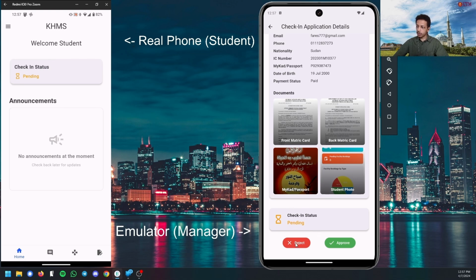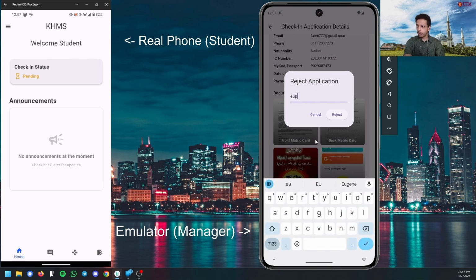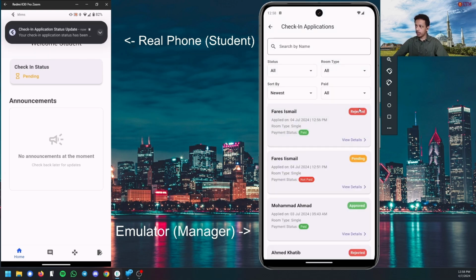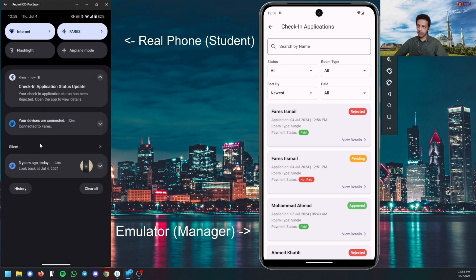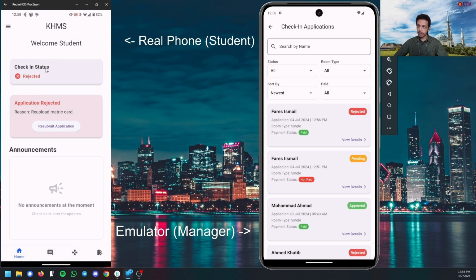So we have two options to reject. If we reject, for example here, re-upload Matric card and click on reject. The application will be rejected here, and the student will receive a notification. Check-in application status update. Your check-in application has been rejected. So now if you refresh the home page, you'll see here check-in status rejected, and you can resubmit the application